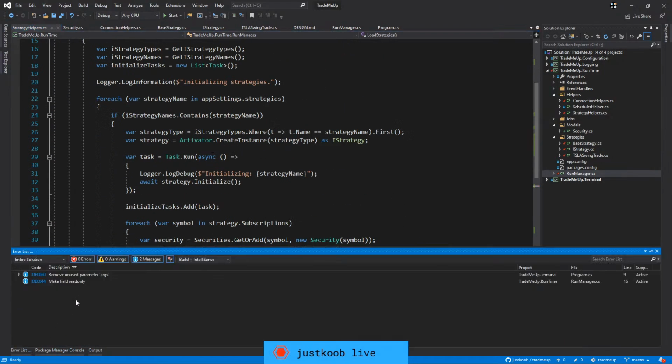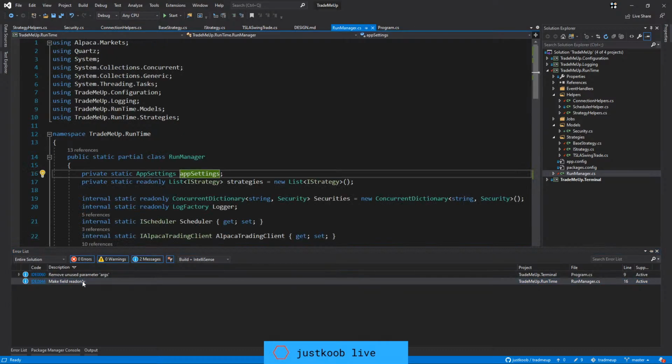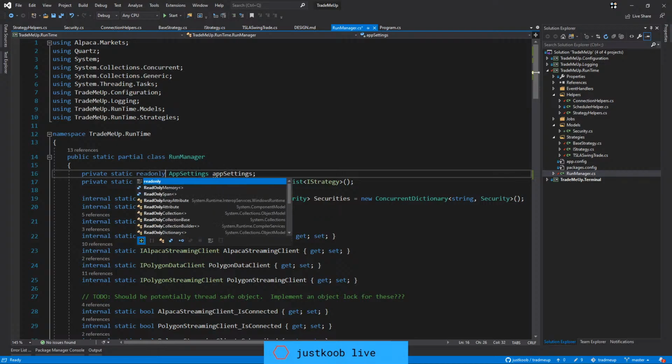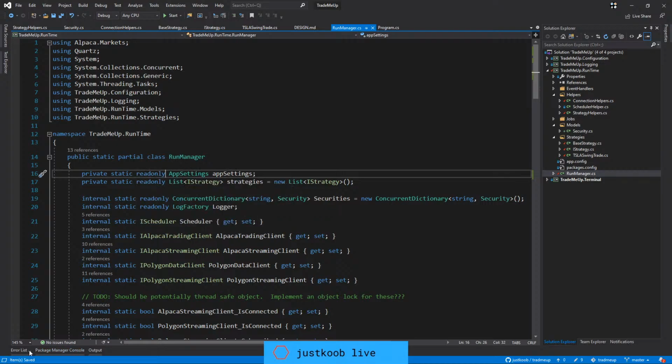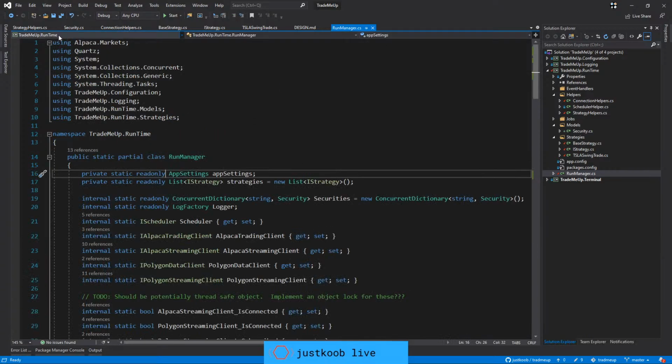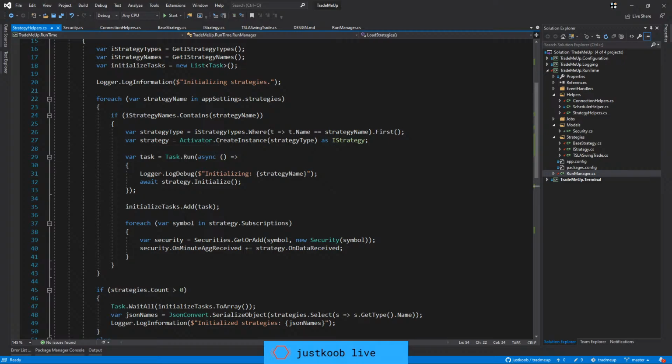Alright, so no args, make field read only. Okay. So is that going to work then? So basically this is going to give us a securities list that has everything we need, including the minute aggregate received. So then when we get a data point for,